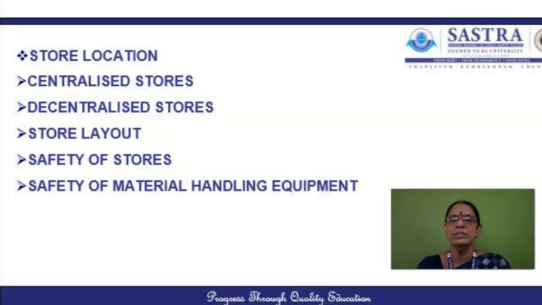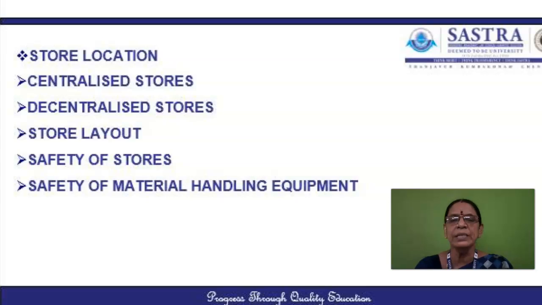An efficient location system requires listing and classifying the items to be stored, determining the space requirements, relating the space requirements to space availability, and determining the methods of storing and locating the materials within the store. Arranging for the easy location of material within the stores requires the use of scientific principles of store layout.